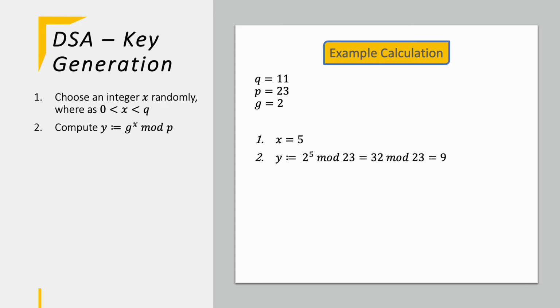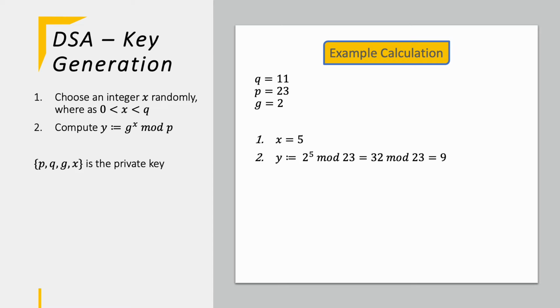Plugging in our numbers, g we just calculated before, it's 2. Then for x we just have picked 5 and run it modulo 23. So if you take 2 to the power of 5, it's 32 modulo 23, which ultimately is 9 as a result. And then we pretty much already have the numbers we need